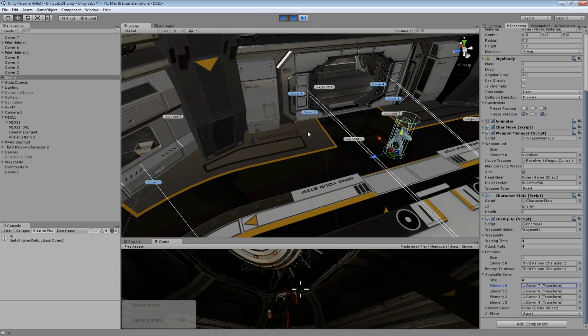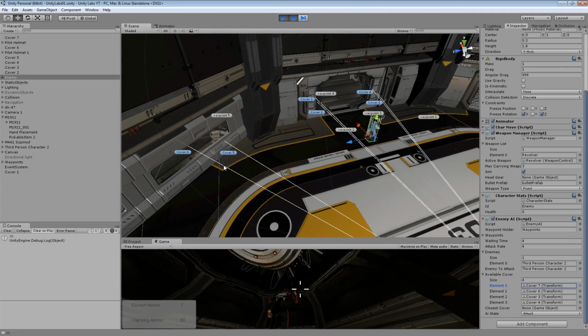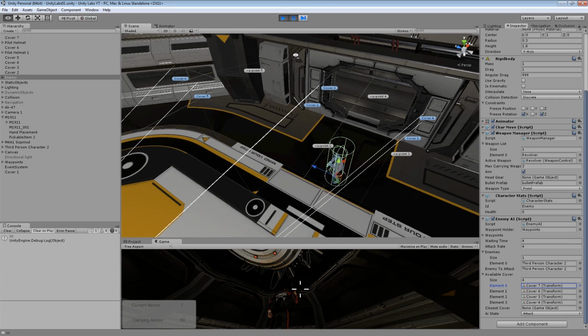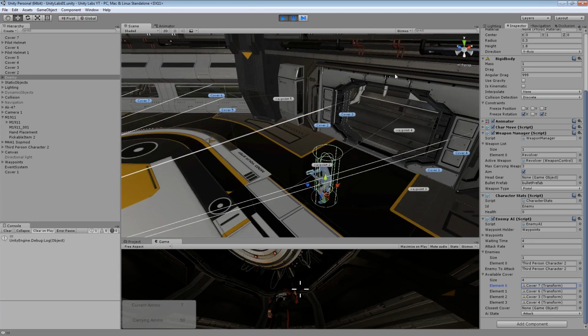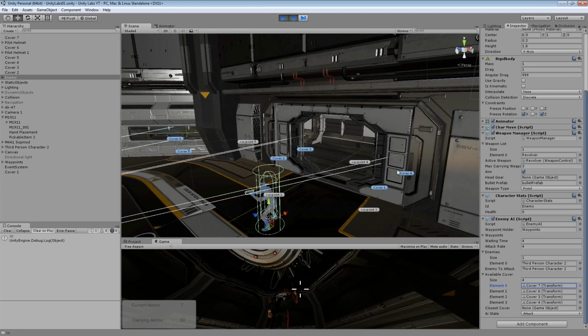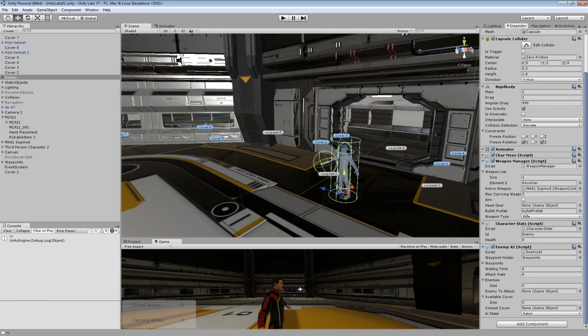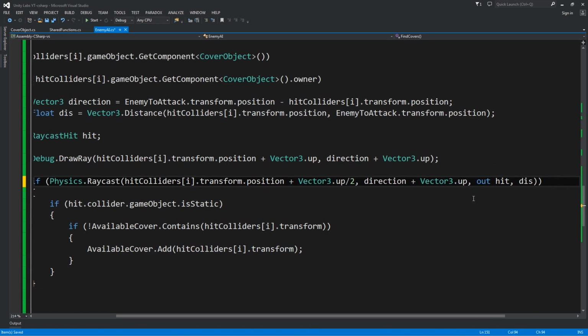So we need to decide, since we now know where we can take cover, which of these positions we actually want to take cover in. Now the most logical thing to do is to get the closest cover. Okay, so let's create a new function. I'm going to collapse this, and I'm going to say void TakeCover,